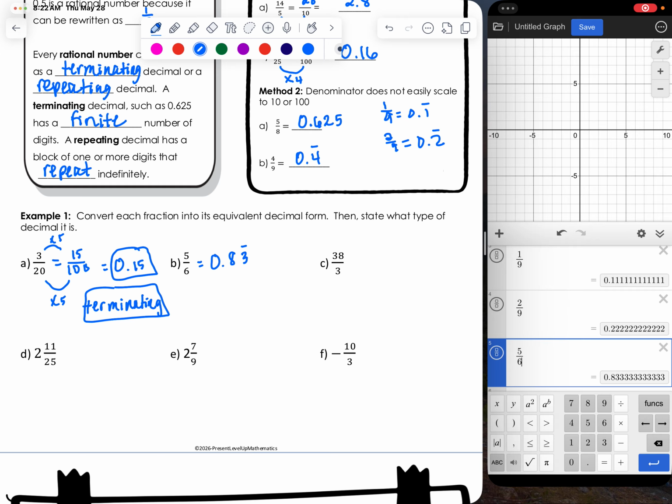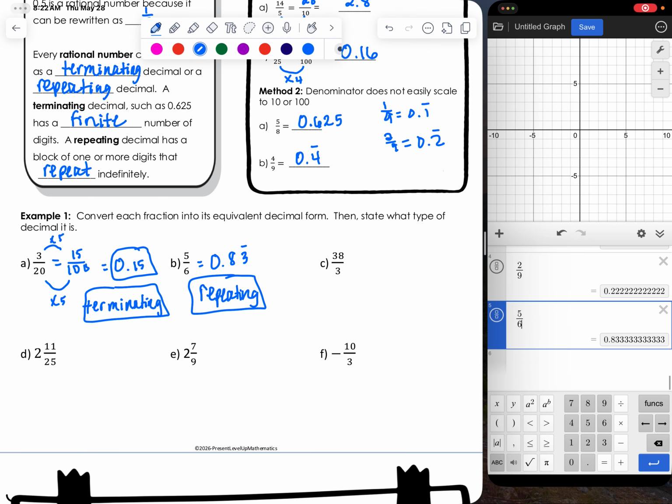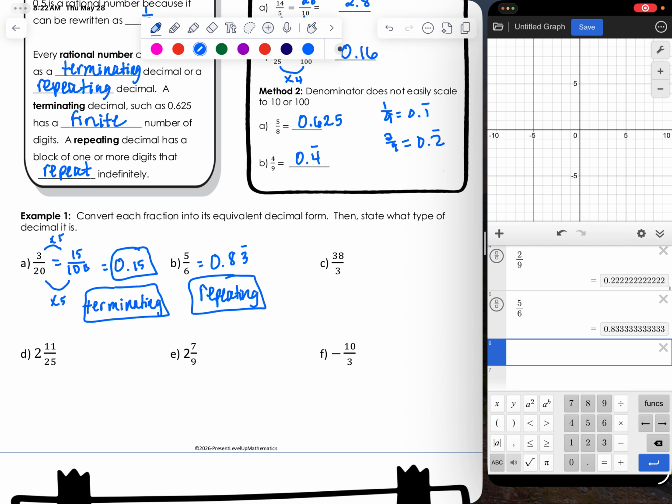And problem B was a repeating decimal. All right, 38/3. Our denominator of 3 does not scale to 10 or 100. So I'm just going to use division here and take 38 divided by 3, and I get 12.6666 repeating. So I'm going to put my little bar over the 6 and say that this is a repeating